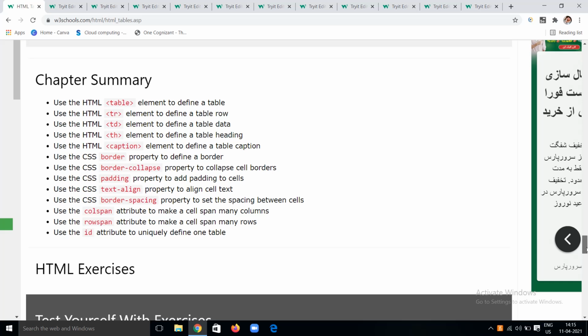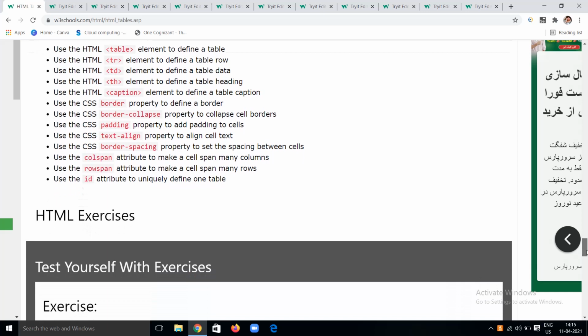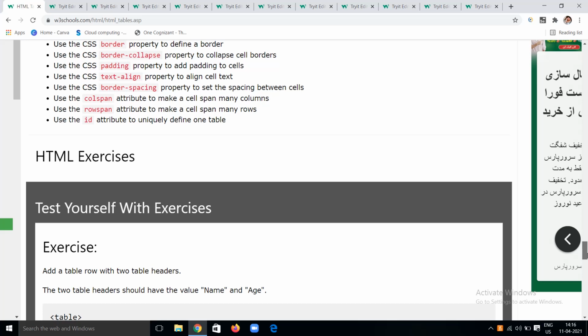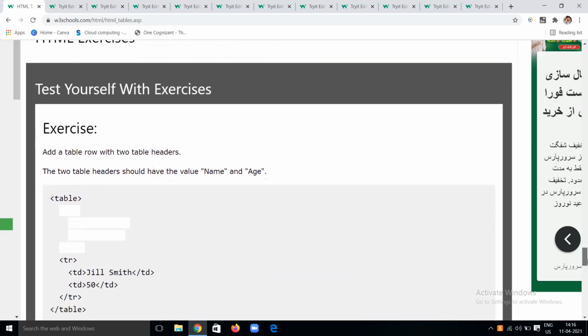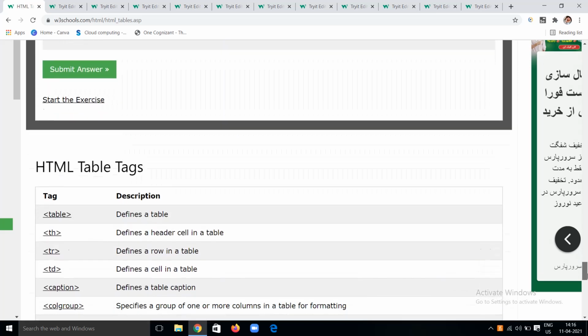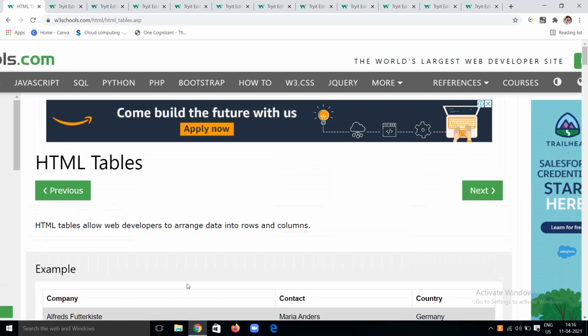Next we have the ID attribute. This ID attribute is used to apply different styles to tables. The ID name which you have mentioned by using the ID attribute should be followed by a hash, and by that ID name, using CSS, internal CSS or external CSS, we can apply different styles to make the table look more attractive. So by this you can make tables in your web pages, which present the data in a clear and arranged fashion.